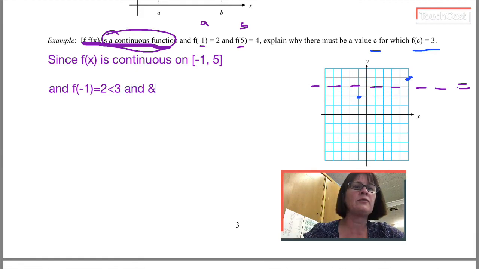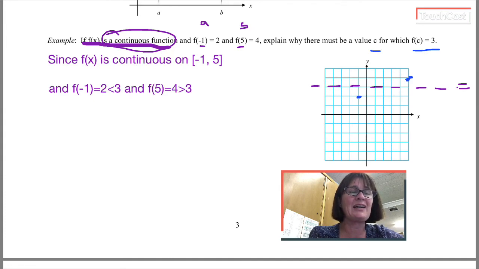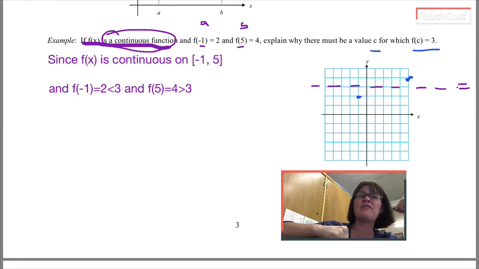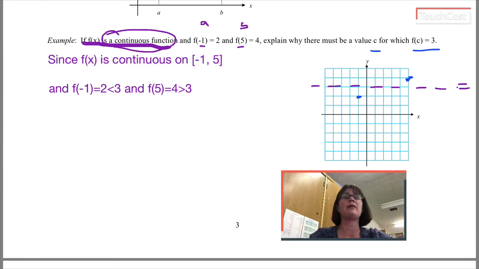And f of 5, which I've been told is 4, f of 5 is 4, which is above, so bigger than 3. So that's my second line of my write-up. So f of x is continuous on the interval -1 to 5, and f of -1 is 2, which is smaller than the y value I care about, and f of 5 is 4, which is bigger than the y value I care about, then